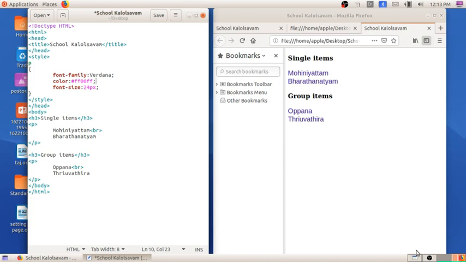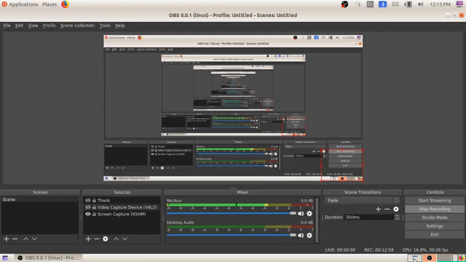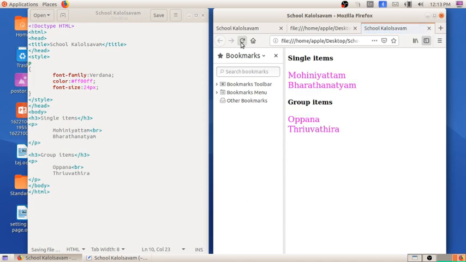Here you can see this is the box. This you can see on page number 35, Table 3.2, in the textbook also. I'm saving this, and here we can refresh it. Now you can see the changes.